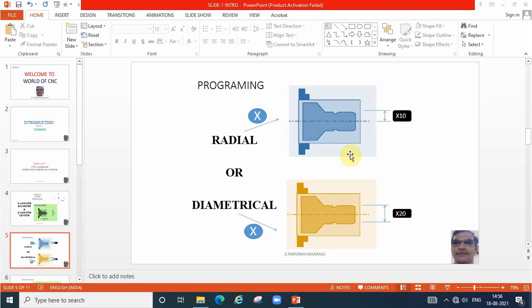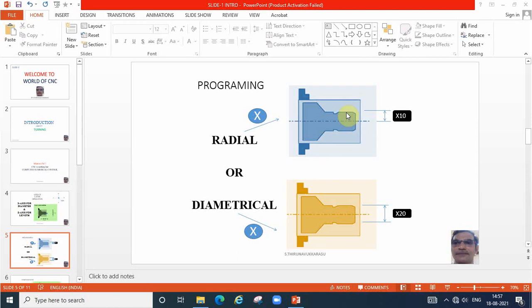Next is what type of programming we are following. That we must compulsorily know. There are two types: one is radial and another one is diametrical. What is radial? Radial means, for example, the starting diameter is 20 mm.